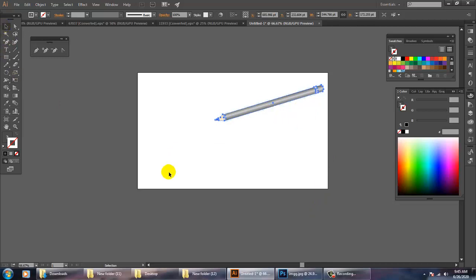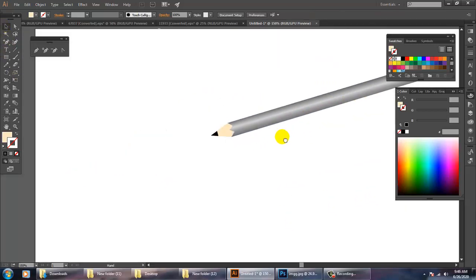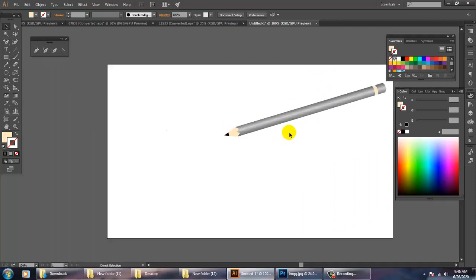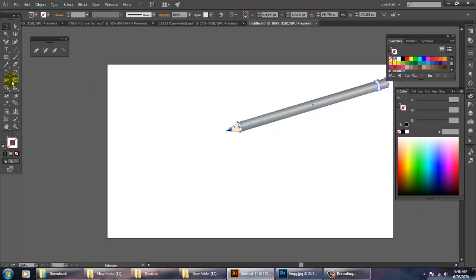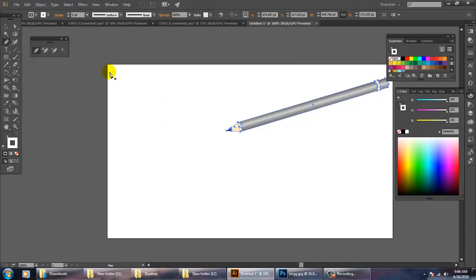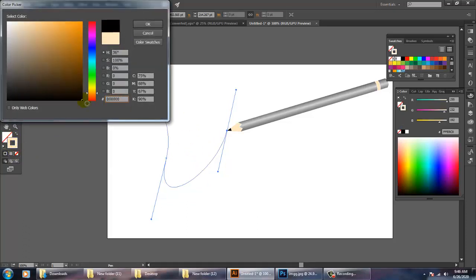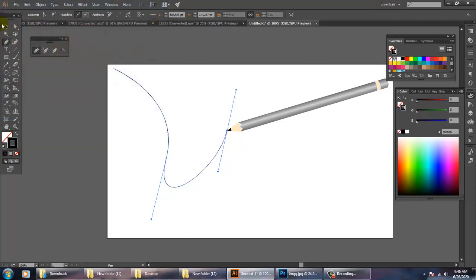If you see this, a pencil is created over here. Now I can just take a pen tool. I'll give a black color to it and I can just draw something like this, and I'll remove the fill color and I'll give a black color to the stroke to give it a pencil look.